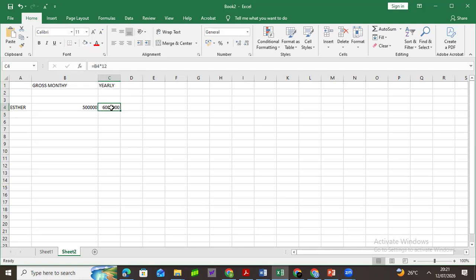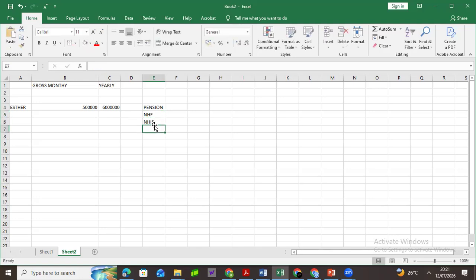But this is not what we are going to tax, because under the new tax law, we are not taxing the whole gross. Some things are non-taxable. What are those things? Pension, we can't tax pension. If there's NHF contribution, we can't tax that. If there is NHIS, we can't tax that.